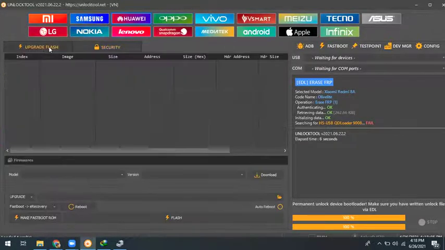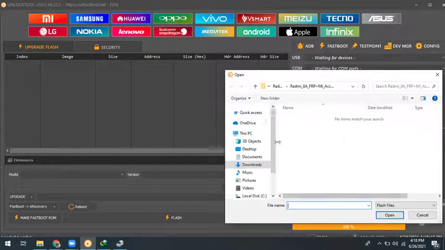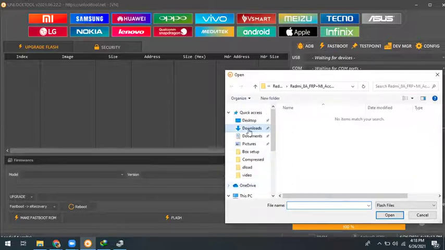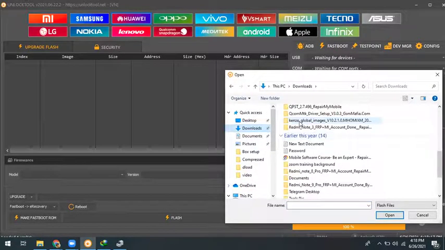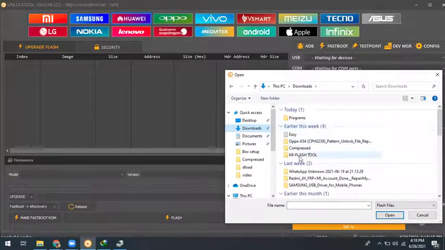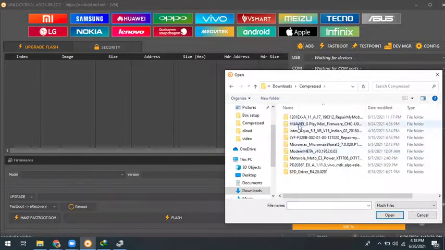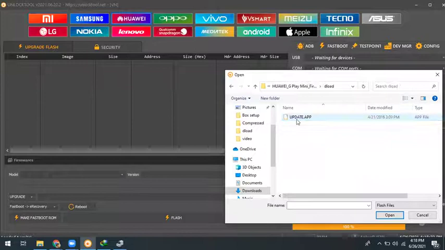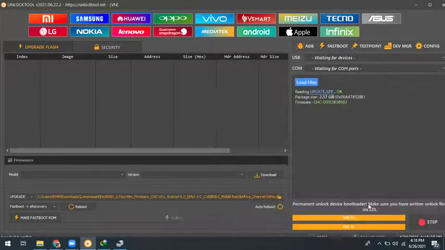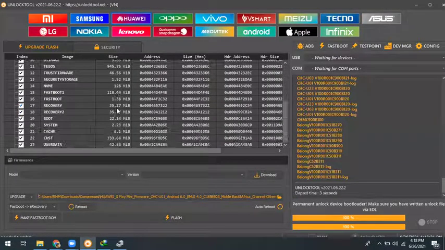If you want to flash, you can also flash like an upgrade. We have taken an example here, load file. While you are downloading the file, it will show the update file. Take that file from the compressed folder, for example Huawei G Play Mini. It's your update.app file, and it will upload on your tool if you want to flash your phone. Correct?